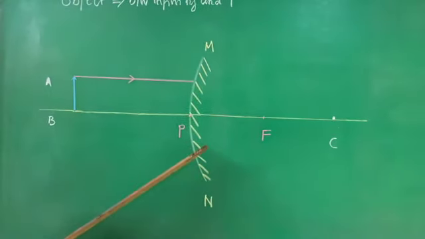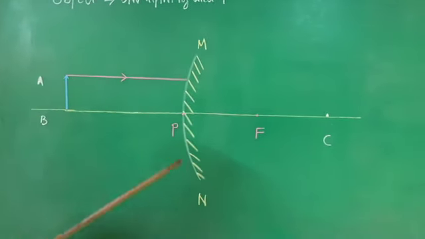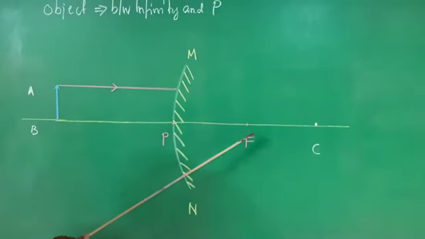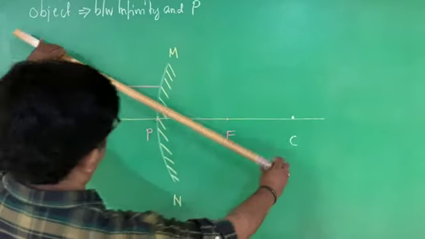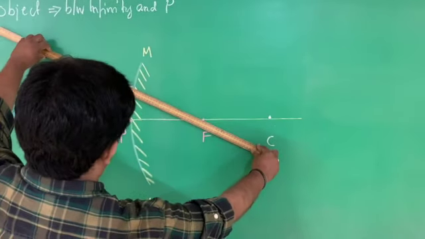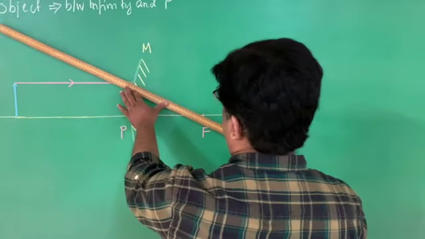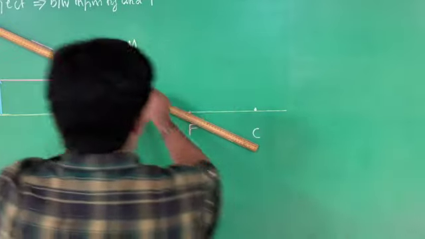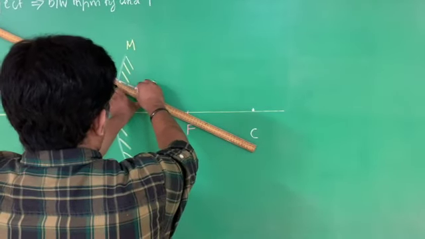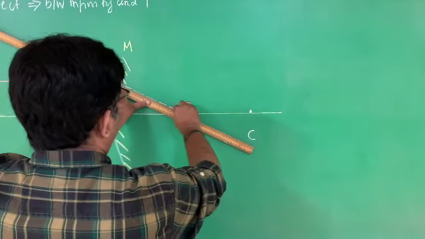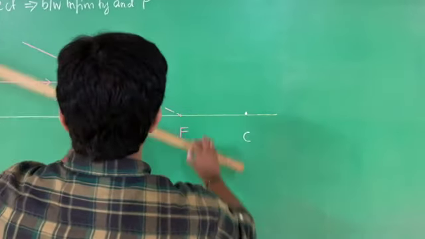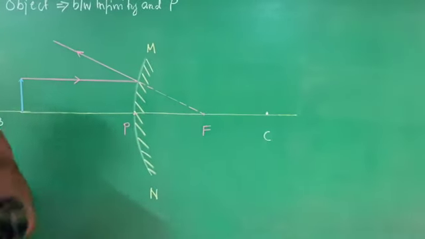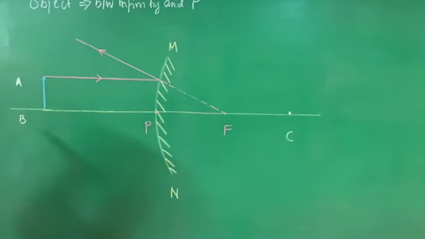What condition tells? Because it is a convex mirror, the ray has to diverge. It appears to diverge from the principal focus. Therefore, I should keep the scale like this. Appear to diverge: in front of the mirror, I should write in a complete line. Behind the mirror, I should write in dotted line format. This ray appears to diverge from the principal focus. Simple, right?